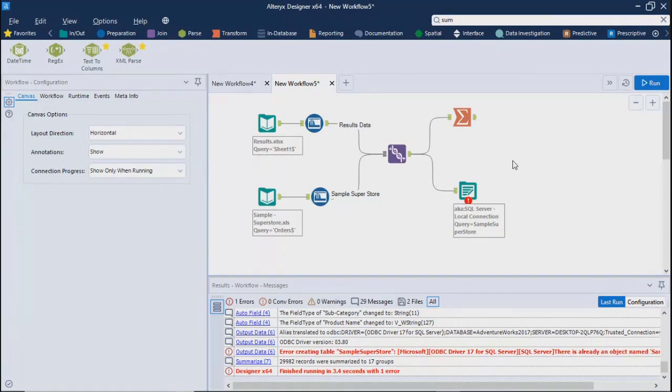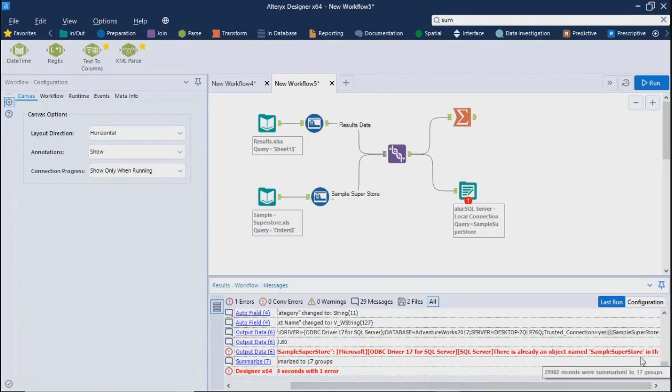Right? So last time, if you remember, when we were trying to run this, we created a table called sample superstore. This one. Read the errors, right? It is specifically telling you that there is already an object named sample superstore in the database.